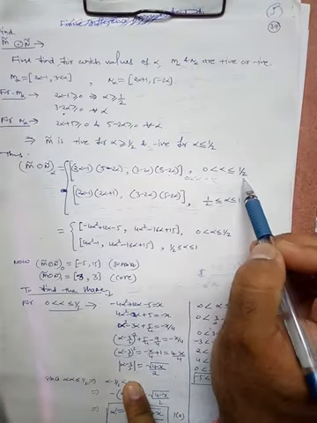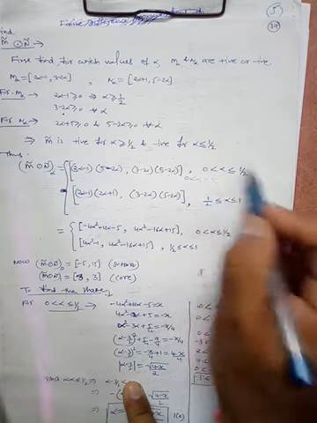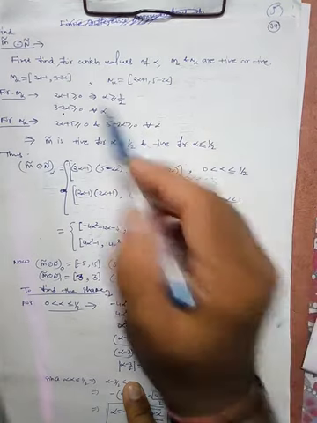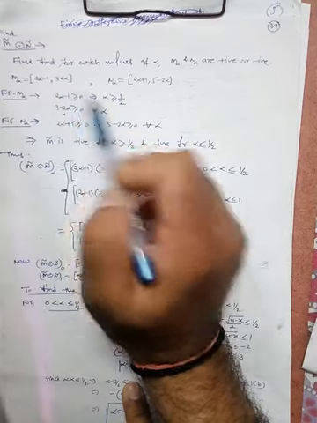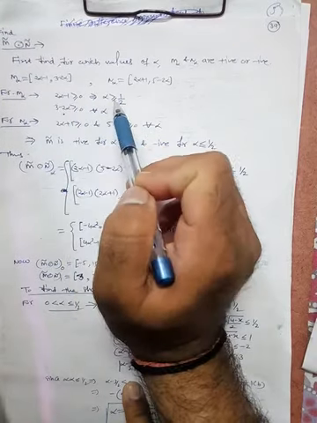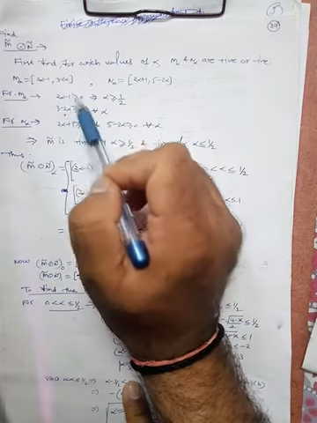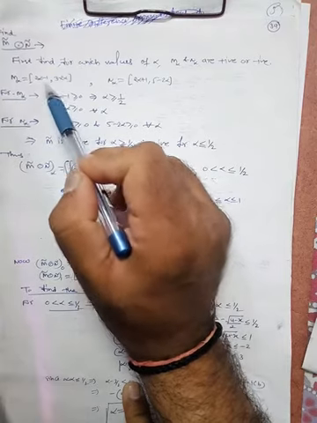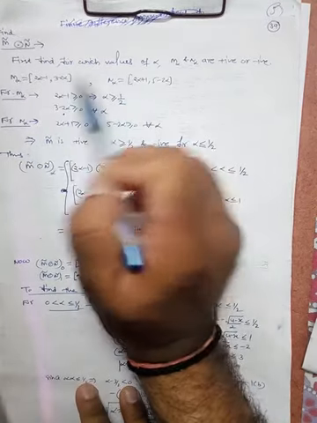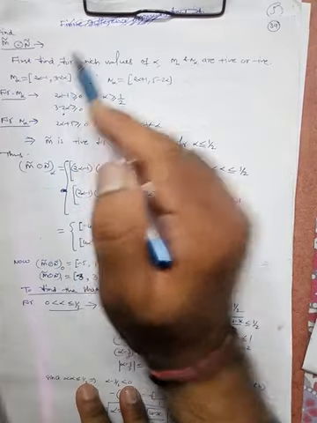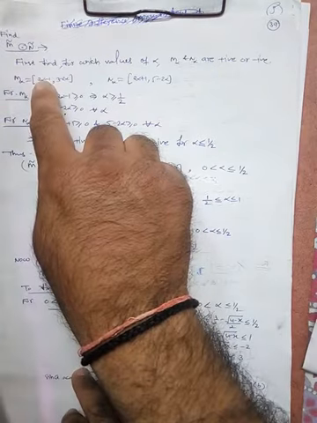So 0 to half and half to 1. For this range, for this choice of alpha, what will happen? This quantity will be negative because this is valid for alpha greater than or equal to half. So when alpha is less than half, this quantity will obviously be negative. And when this quantity is negative, then when you take the product with n alpha, among the possible combinations, what are the possible combinations?